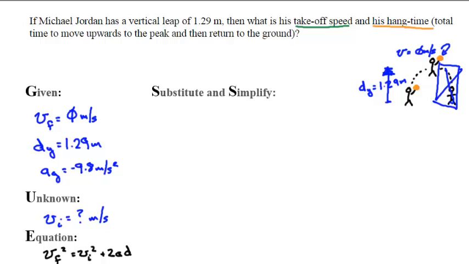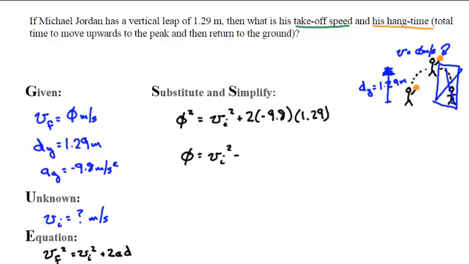If I replace numbers for letters, I see that my velocity final is 0 squared equals my velocity initial, I don't know, but I need to square it, plus 2 times negative 9.8 times the distance 1.29. Now, 0 times 0 is 0 equals velocity initial squared, and when I solve this, I get negative